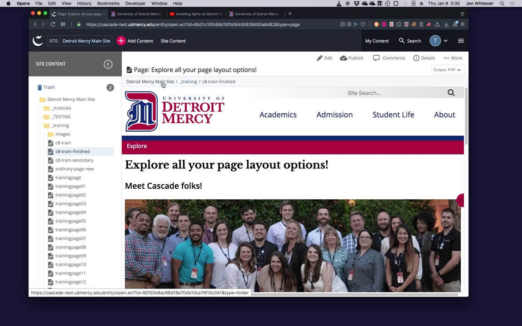The Detroit Mercy main site, this will convert to whatever URL is on the website, in this case www.udmercy.edu, and then /_training/C8 train finished. That would be very close to the URL of the page once it's published on the website.